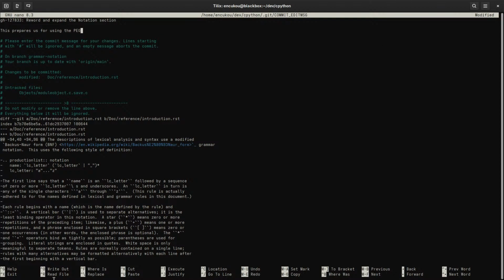Oh, there's one thing about the alternatives that we should cover here, and that is the PEG grammar. Is it different in PEG? Yeah, the alternatives mean something different in PEG than in a normal BNF, or well, what's normally described by BNF.